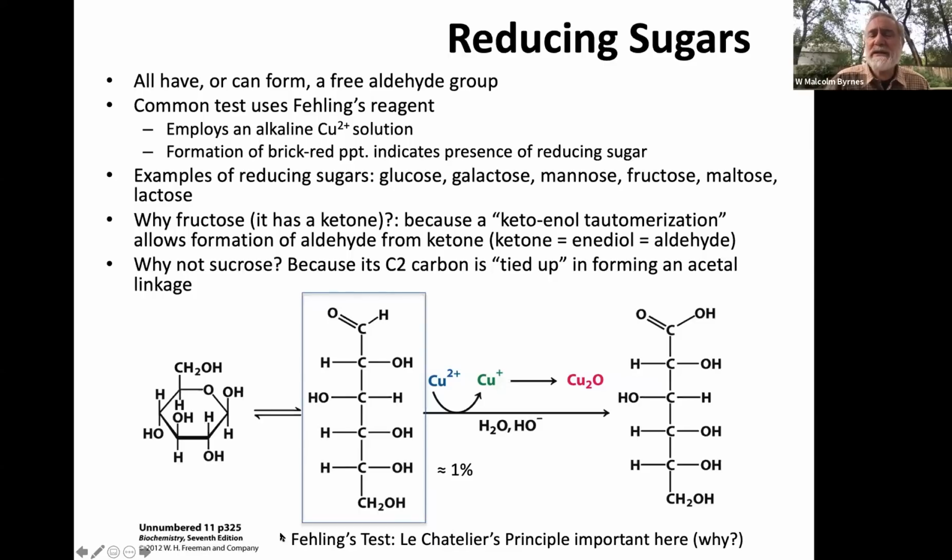That's a manifestation of what's called Le Chatelier's principle. Right? As you use up this form, the equilibrium continues to shift and shift and shift until you've used all of it up. It's because these different forms are in equilibrium. That's called Le Chatelier's principle, and we saw it when we were looking at